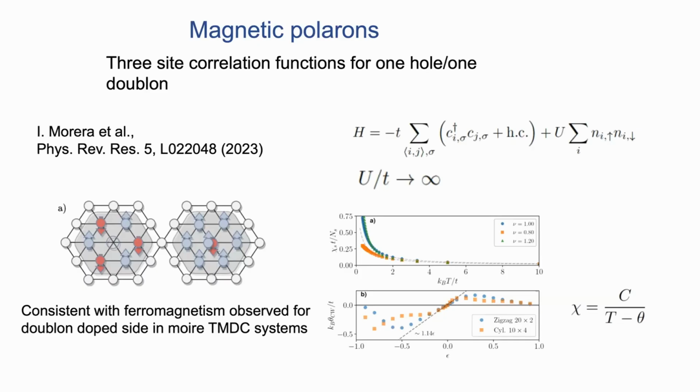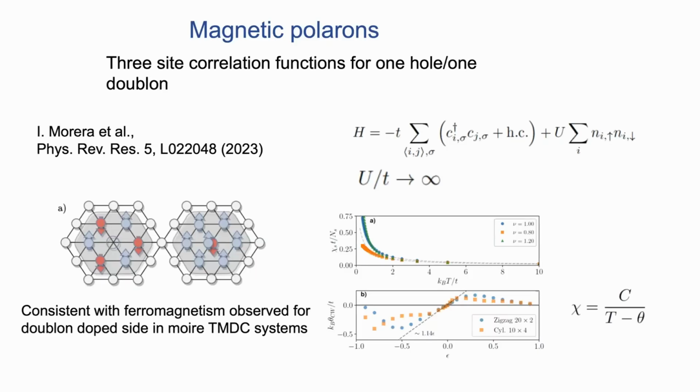Okay, so then what you can do, again, in the regime of U over t equal to infinity, is ask what would be the spin susceptibility, and you can ask, is it actually a physical regime? So in the case of TMDC, if you look at relevant parameters, the ratio of U over t is larger than 100, like 120, some maybe even 150. It's just because of the giant size of the supercell, and that's why starting the analysis from the U equals infinity limit is not so unreasonable.